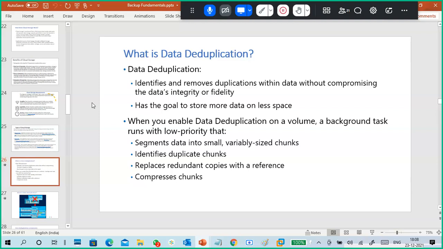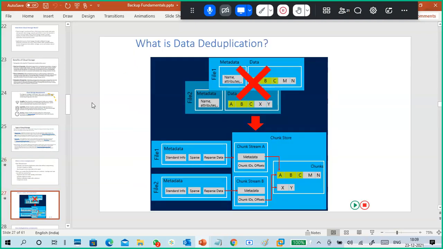Deduplication cuts your data, finds similar pieces, makes them metadata, and whenever you access the data, it combines them based on that. So instead of repeated pieces of data, it removes them and keeps a single one only.